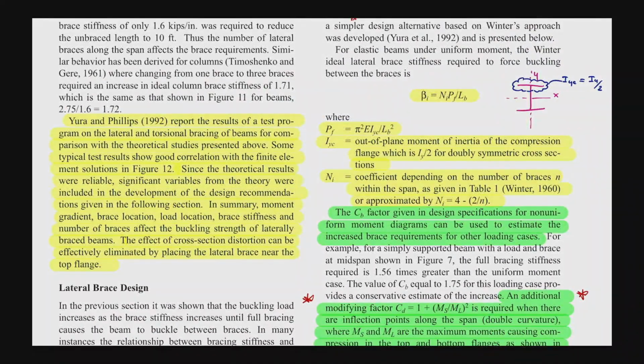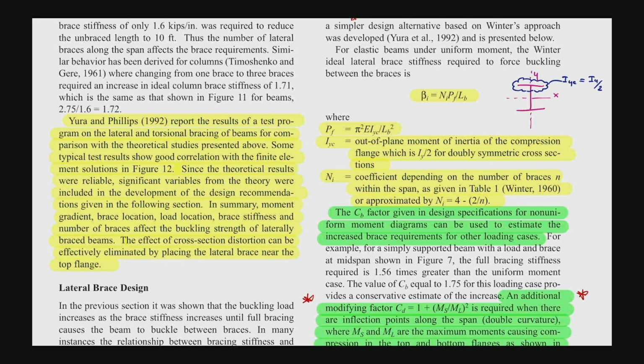The thing is that the axial force in the compression flange is going to be affected if we calculate the moment, right? It's going to be affected by the CB factor. And the CB factor here is something we have seen from the previous lectures, when I talked about the lateral torsional buckling, and the CB is the factor that affects the capacity of the beam. The situation where we derived the lateral torsional buckling capacity of the beam was under uniform moments. We have the pin supports, simply supported conditions, and